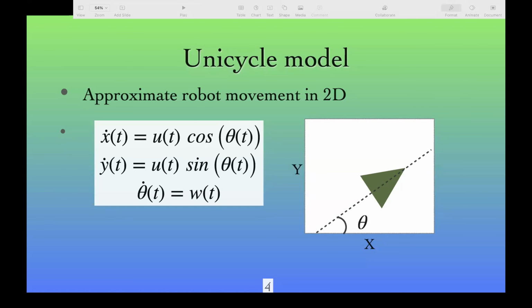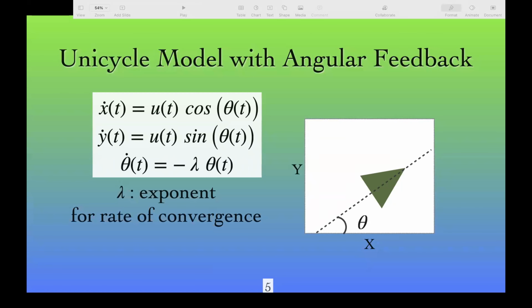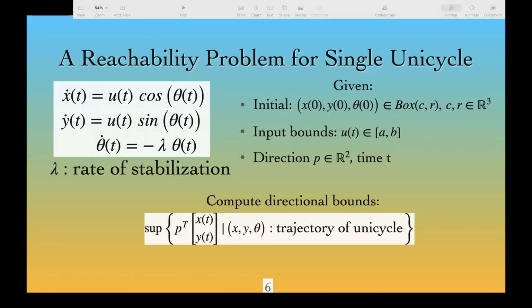So now if we introduce angular feedback, which is a linear angular feedback that tries to reorient the robot with the x-axis, then the equations look something like this. The angular velocity in this case will be given by minus lambda times theta_t, where lambda is the proportionality constant with respect to the angle. Now, if we consider the reachability analysis problem for this three-dimensional unicycle model with feedback for the angular velocity,